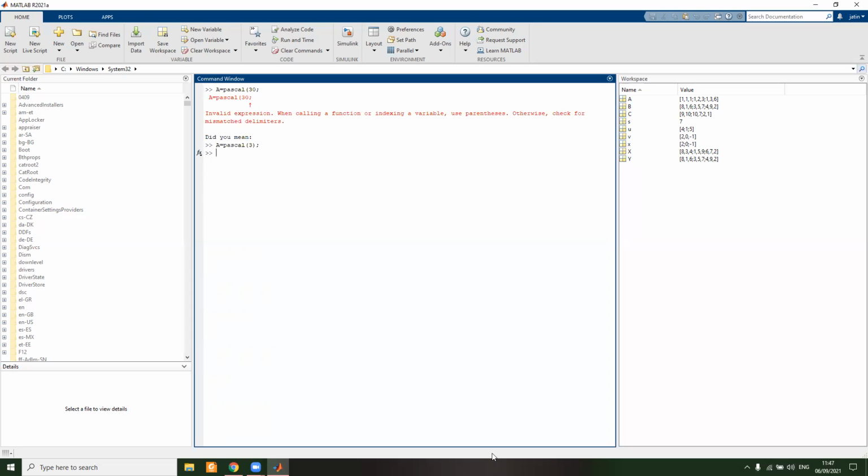Similarly, we are writing B is equal to magic(3). Fine. So we are writing M is equal to 3 and N is equal to 3. So we are using a for loop, for I is equal to 1 up to M,